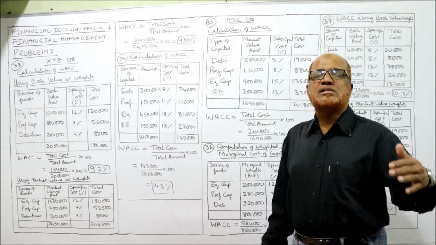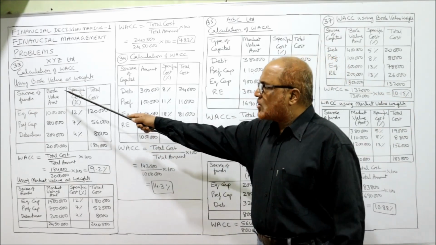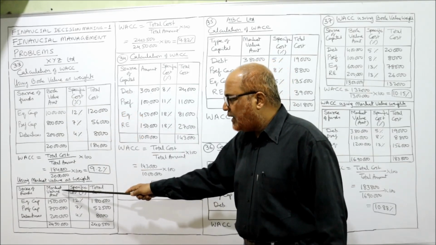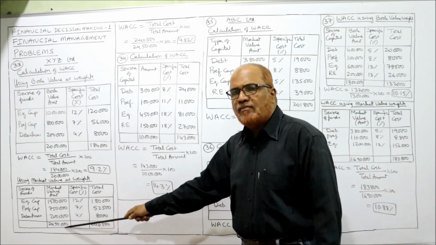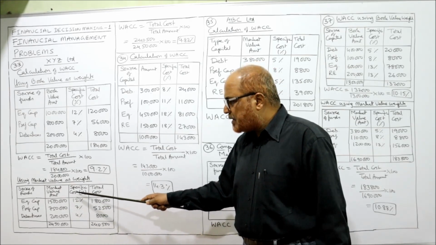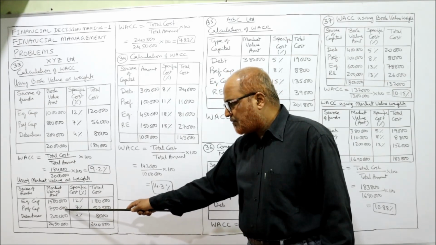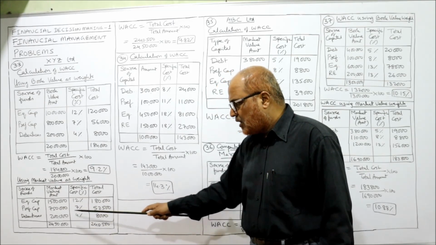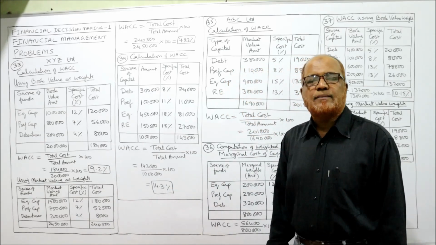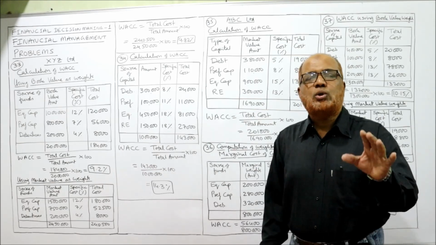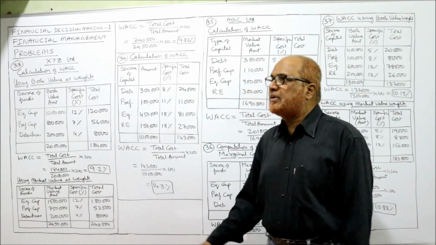Now we have to calculate WACC using market value as weights. So only one change. In this column we had taken book value. Now we take market value given in the problem. I have taken the same values which are given in the problem. Now specific cost, multiply 15 lakh into 12%, 1,80,000, 7 lakh 50,000 into 7%, 52,500, 2 lakh into 4%, 8,000. Take the total, 2 lakh 40,500. So 2,40,500 is the total cost divided by total amount 24,50,000